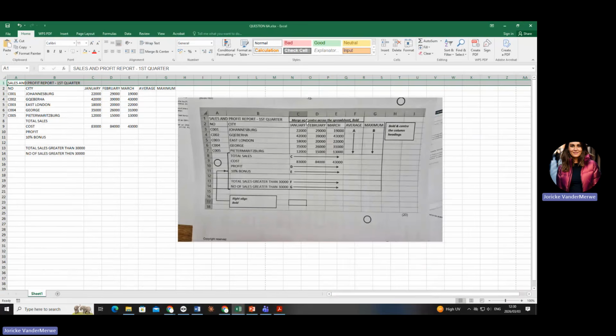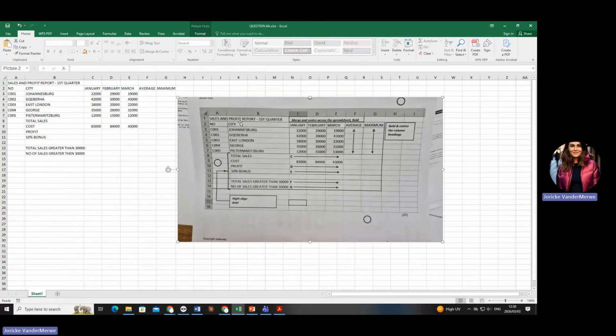It says merge and center across the spreadsheet, and it must be bold. Now, surely you can see your spreadsheet goes up until column G. Are you with me? Yes. Okay, so you're going to select A to G, and you're going to merge and center because it says merge and center, and it must be bold. Do you agree with me?